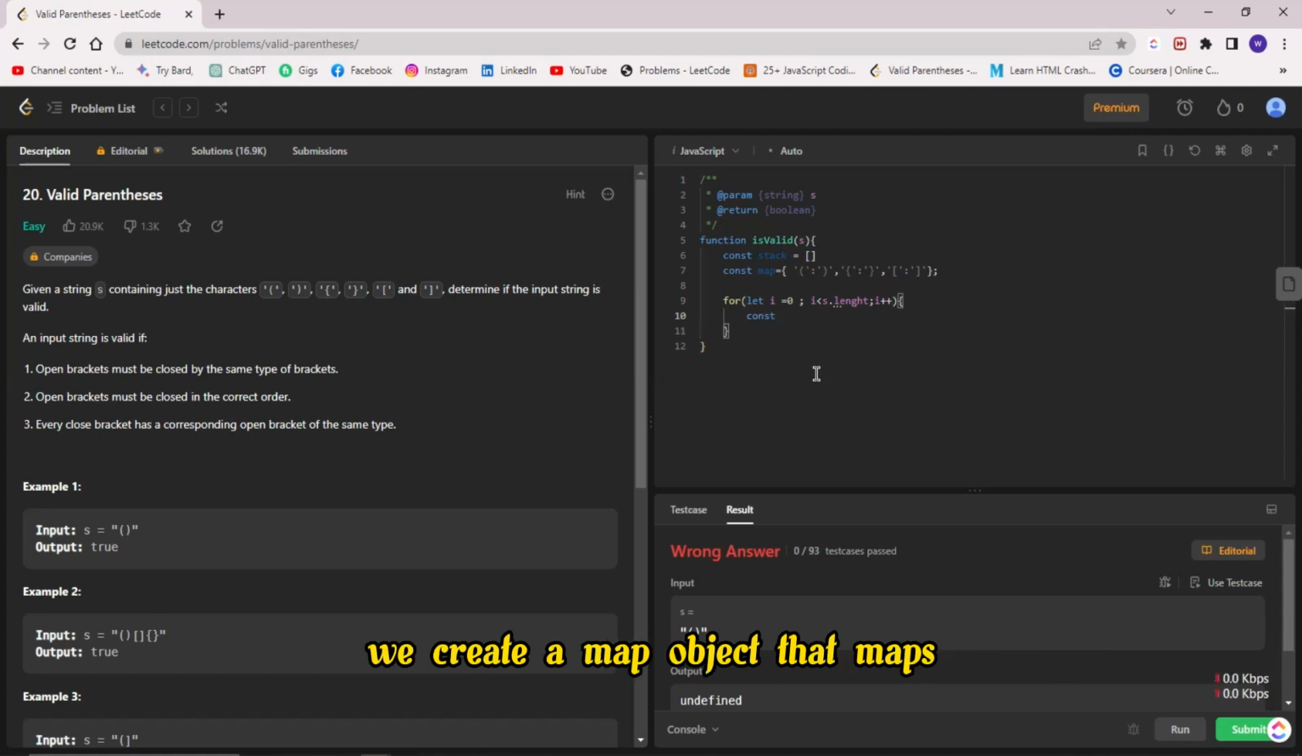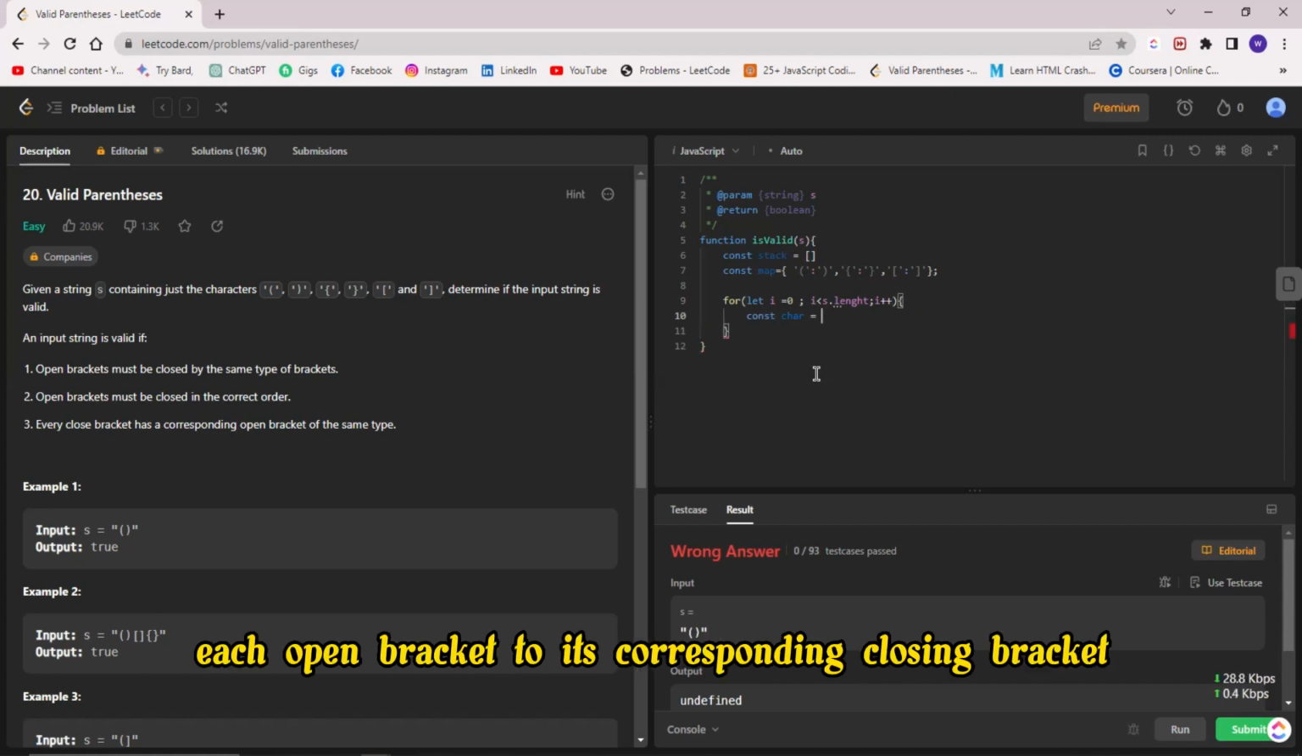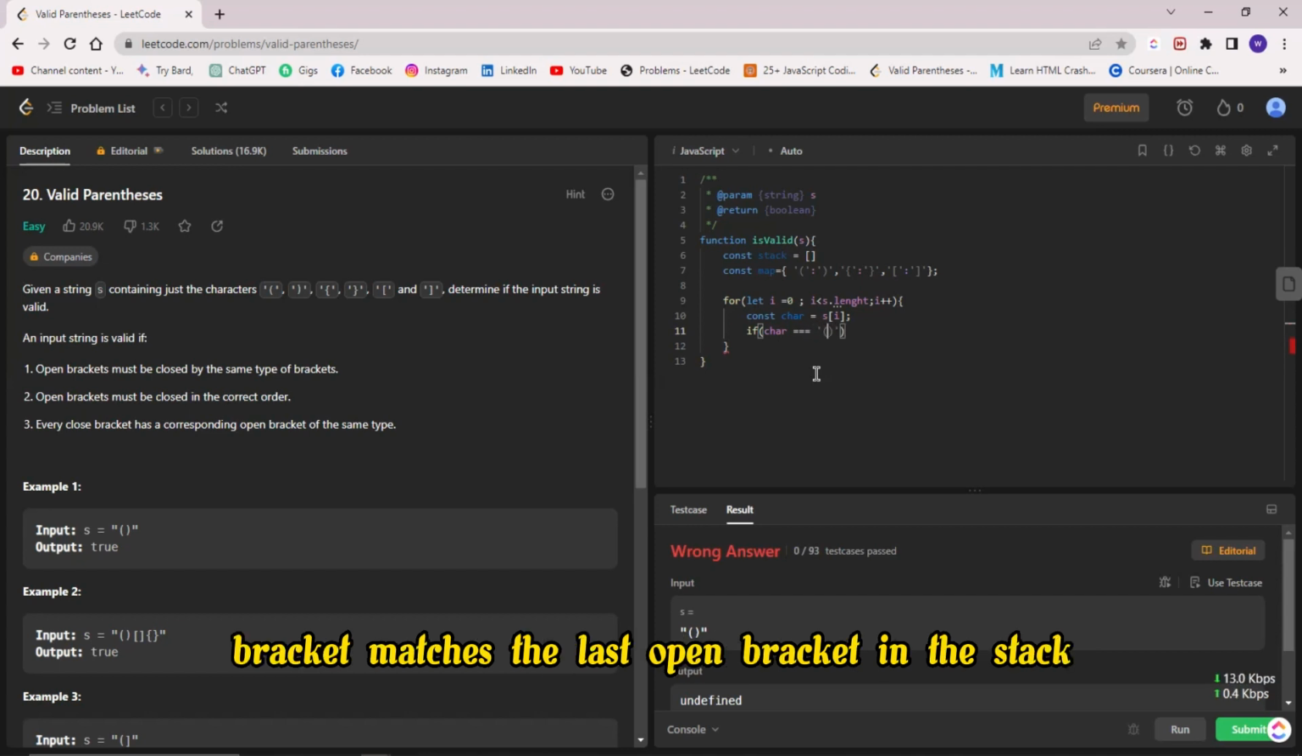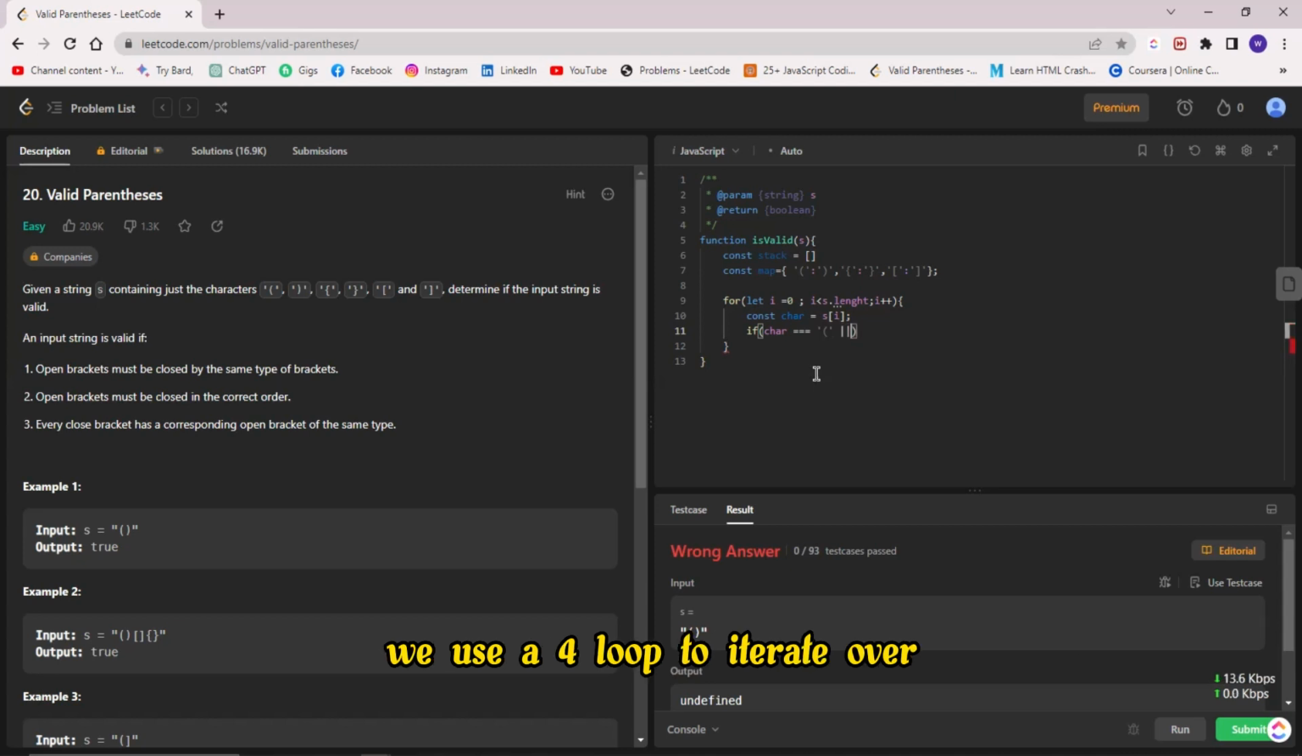We create a map object that maps each open bracket to its corresponding closing bracket. This will help us easily check if a closed bracket matches the last open bracket in the stack. We use a for loop to iterate over each character in the input string S. For each character, we check if it is an open bracket, and if it is, we push it onto the